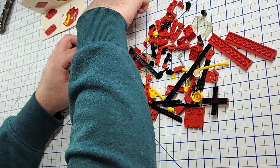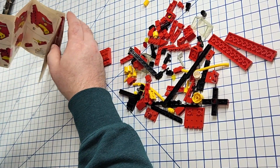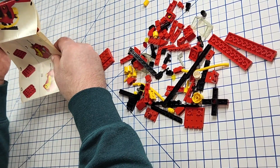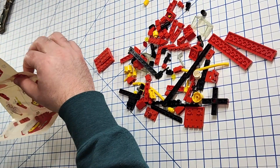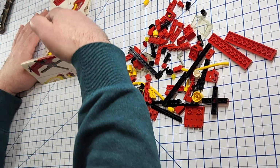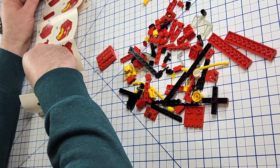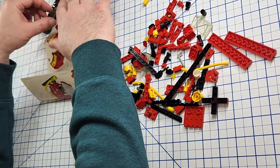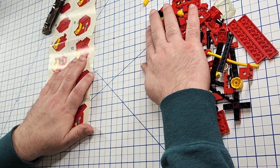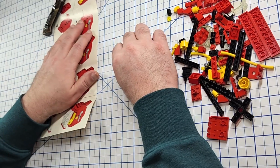2x3 plate. This one, I think this one has been played with a bit. It's turned over. It's a set of instructions where I have to go all the way down, then come back up to the top. So I'm trying to get it open to where I can see what's happening here and let you folks see what's happening. Let's slide them pieces a little over that way. Now we have